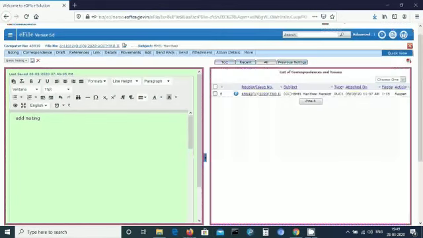Once the noting is given in the note sheet and saved, it can only be edited by the person who has given the noting, but it cannot be deleted by anyone, because in eOffice nothing gets deleted. So you can see that after adding noting in the note sheet, you will be able to save it.